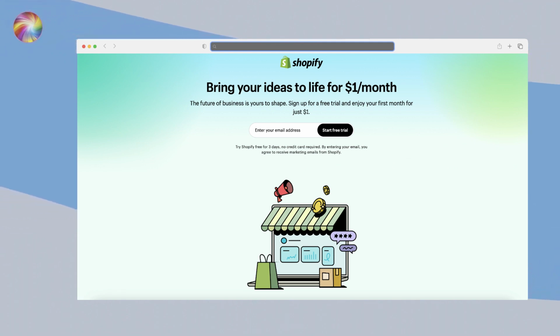Shopify is renowned for its user-friendliness. With a clean interface and drag-and-drop functionality, even those without coding experience can create a visually appealing and professional online store. Feature-rich. Shopify offers all the essential e-commerce tools you need, including inventory management, shipping options, payment gateways, marketing tools,